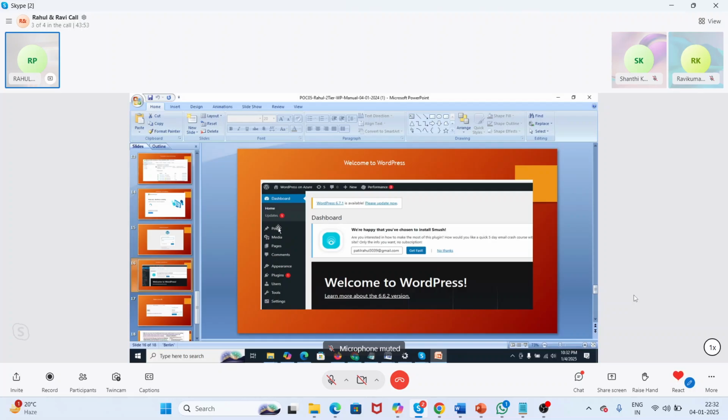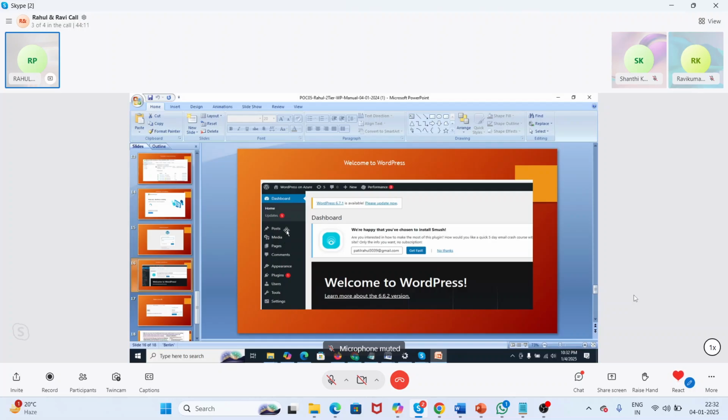Here you can see posts, media, pages, comments, appearance, plugins, users, tools and settings, the whole dashboard. In posts you can create and manage your blog posts and static pages, and posts are typically used for regular updates and articles.